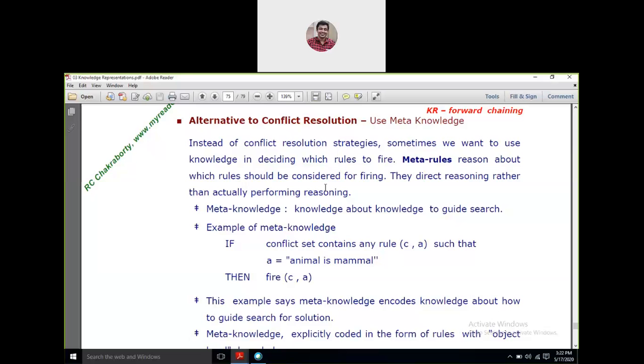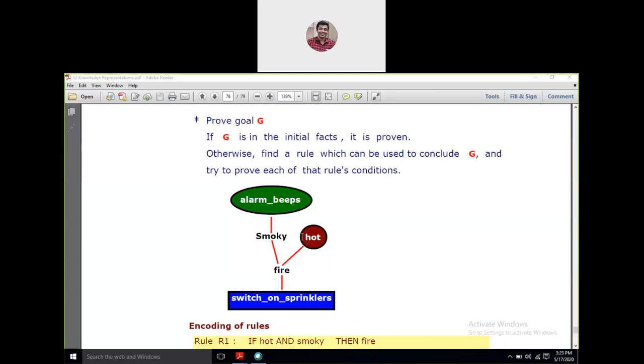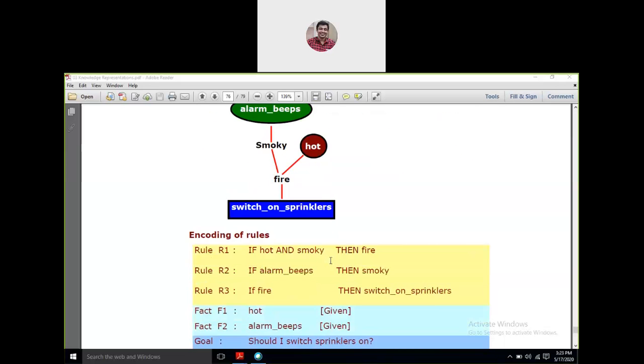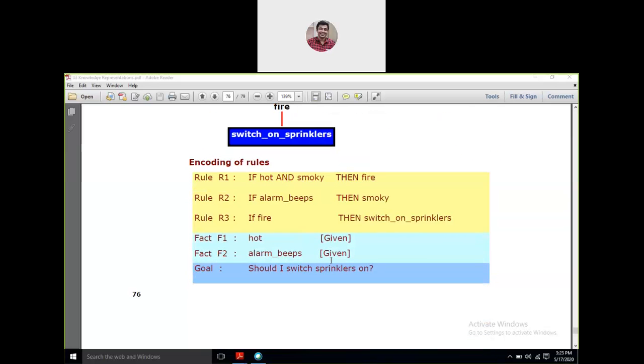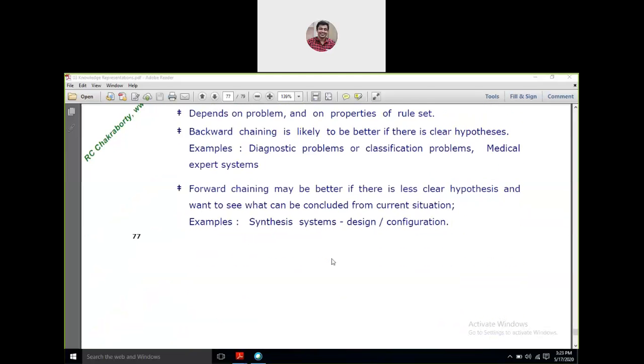If you see the condition diagram of them, then you can see here there is smoke, and the fire alarm beeps, and if the sprinklers are on when there is fire, and when it is hot enough, right? So encoding rules are there. What we're talking about, it's nothing, it's over.